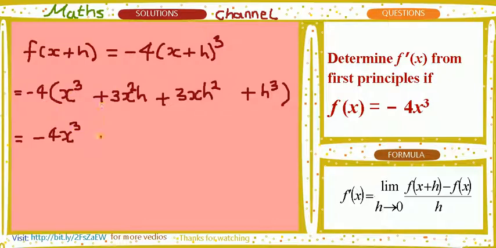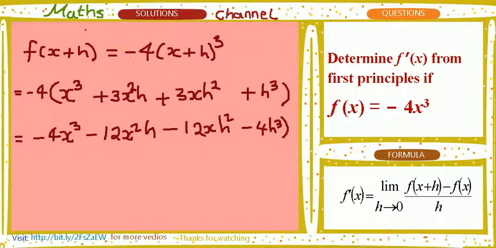Multiplying this 3 by, you'll have 12x square h, plus, and now minus, you'll also have 12 with h square, and then you multiply by 4, you'll have also negative h. Let me remove the bracket. Okay, from here there's nothing you can simplify, so doing the next one,